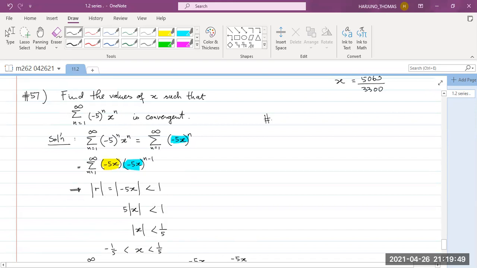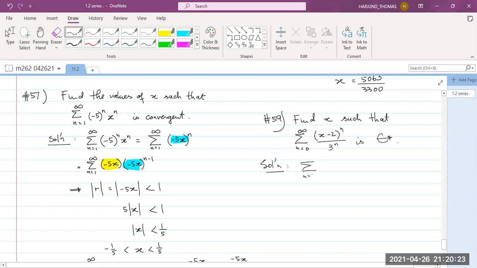Number 50, maybe number 61. Oh, 59 first, number 59. Find x such that the series is convergent. Decomposition, you see that that series can be rewritten as x minus 2 over 3 to the n, right? Okay, which is convergent, is geometric,